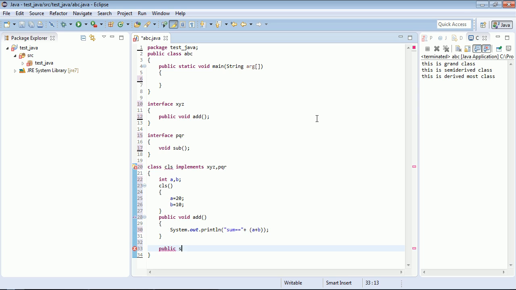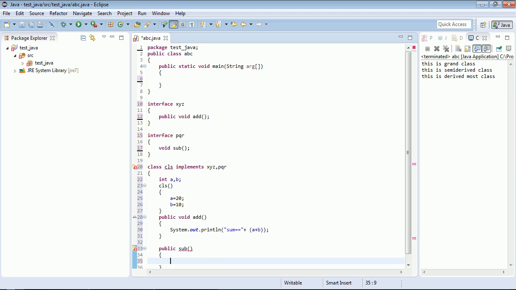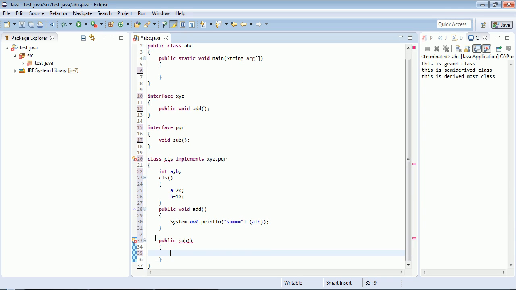Method sub, and inside sub, sorry, it should be public void, and we can write here sub meaning subtraction equal to a minus b. Okay,